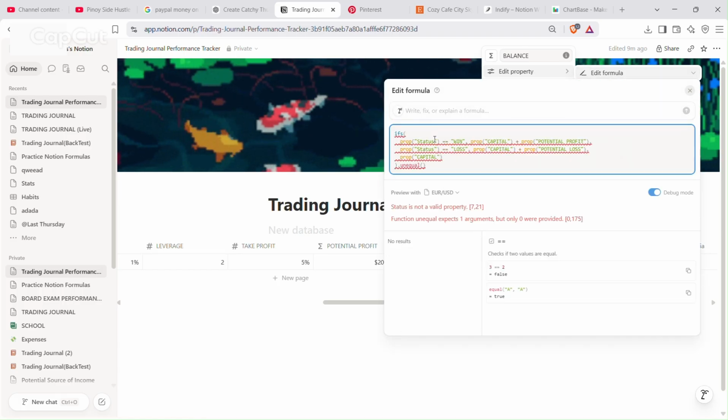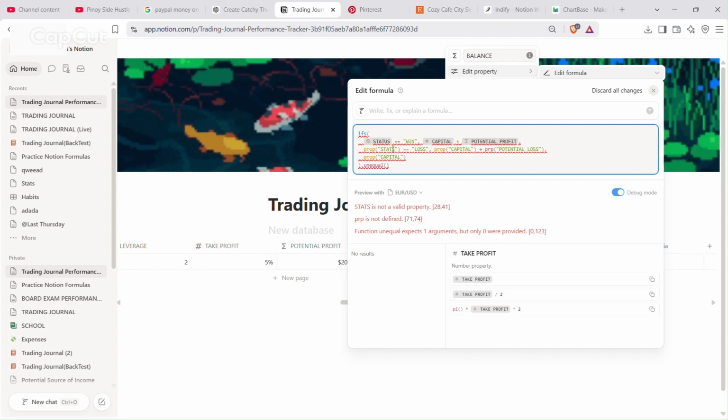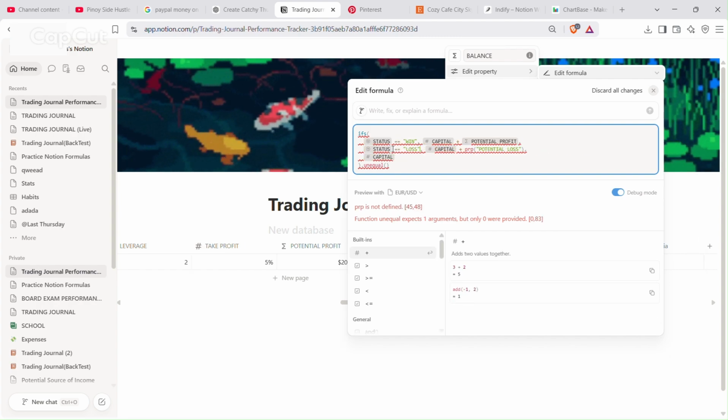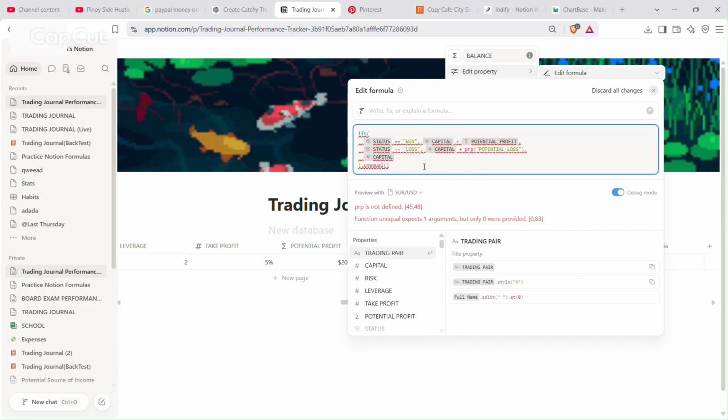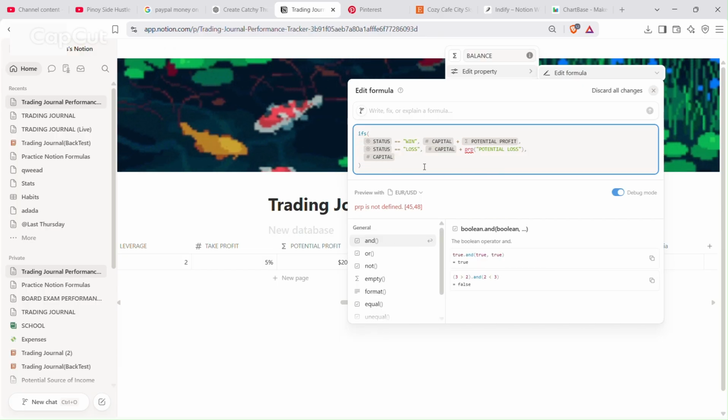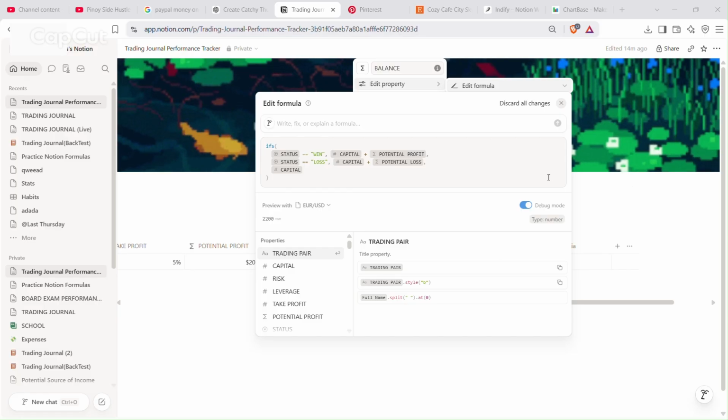So let us capitalize the status function here. Status, and then I think this is okay now. So this time, guys, I think this will work.